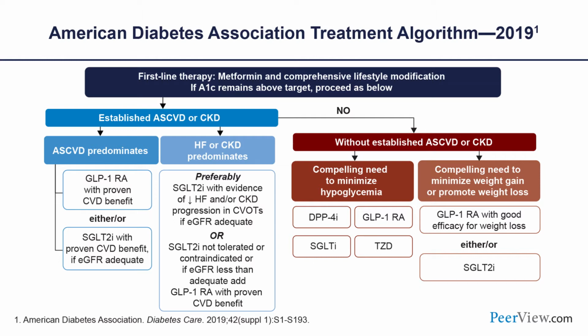So as you can see, the guidelines have evolved from a glucose-centric perspective, which still remains a very important part of management of these patients, to atherosclerotic cardiovascular risk management. For those patients without established atherosclerotic cardiovascular disease or CKD, there are other options like DPP-4 inhibitors that one may consider. You have chosen a scenario with a complicating variable of stage 2 chronic kidney disease, and the decision point